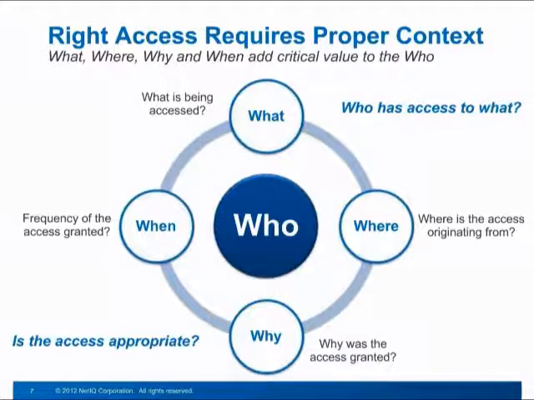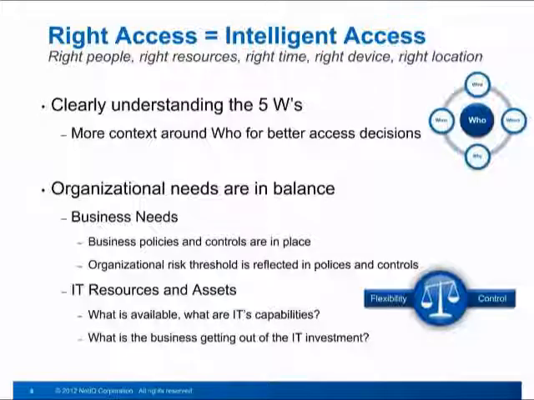And those appropriate actions can be anywhere from shutting out specific individuals or administrators, all the way to basically shutting down applications because a specific breach has occurred. So all of these things have to be provided in a specific, rich context. Make sure that, again, the right people have the right access to the right application. The right access also equals intelligent access. As I stated earlier, the right people do have the right resources at the right time, and most importantly, when